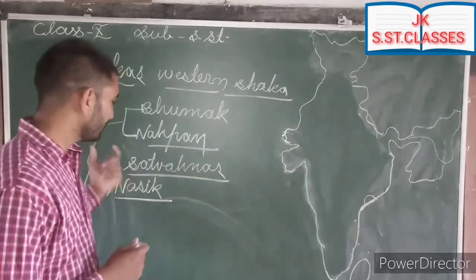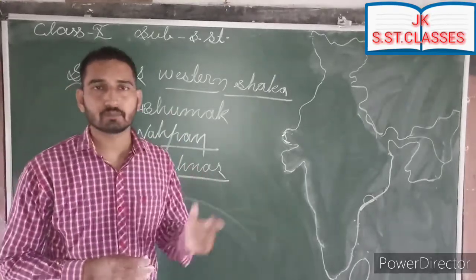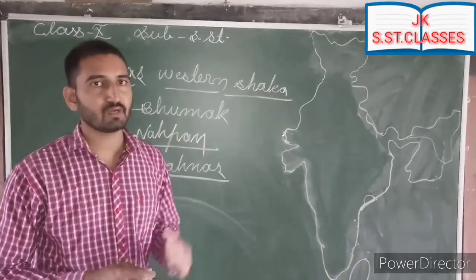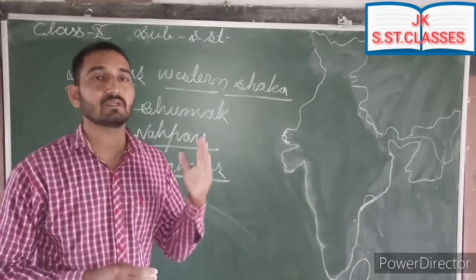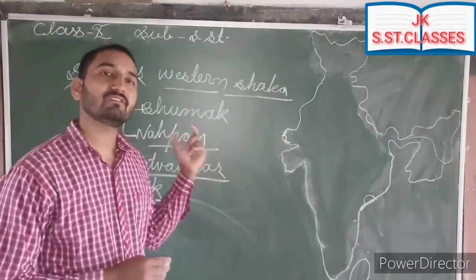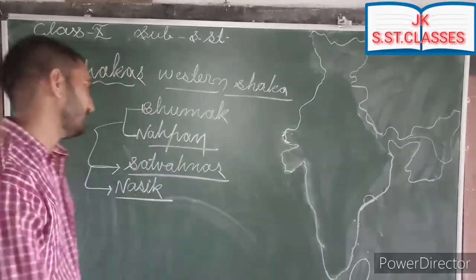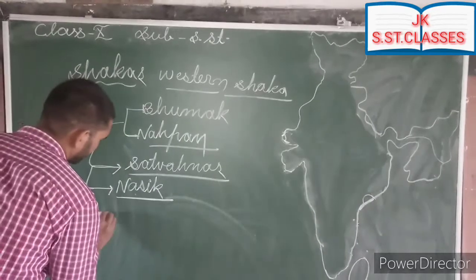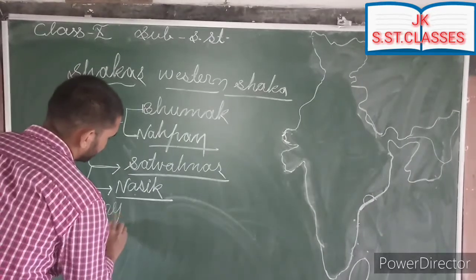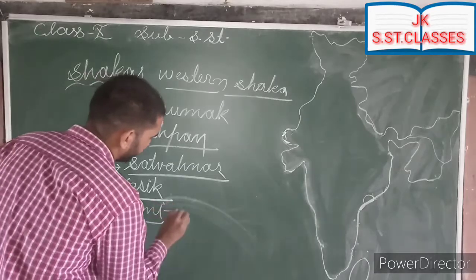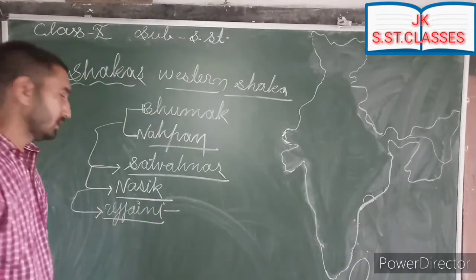In the Nasik rock edict, Gautamiputra Satakarni has been mentioned as the destroyer of the Western Kshatrapas, or the Western Kshatrapa dynasty. Is that clear? Now, after that, the last Shaka dynasty was related to